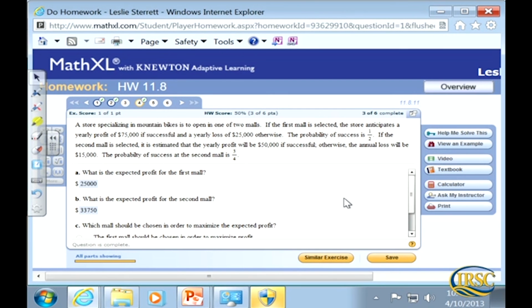Is it always going to end up this way? No, because that's the nature of probability. You're still taking a risk, because even though the probability may be high, something else can happen. So, all right, for homework so far, 11.8,